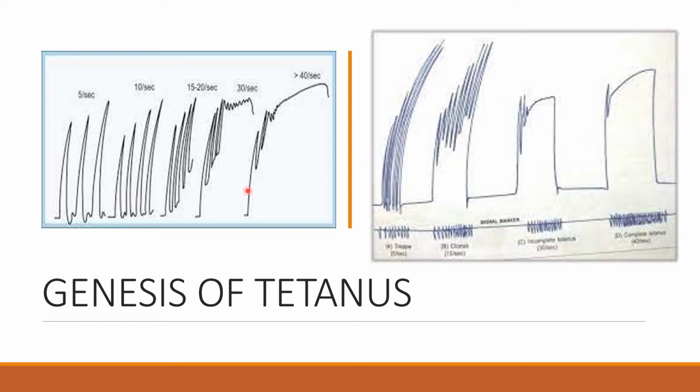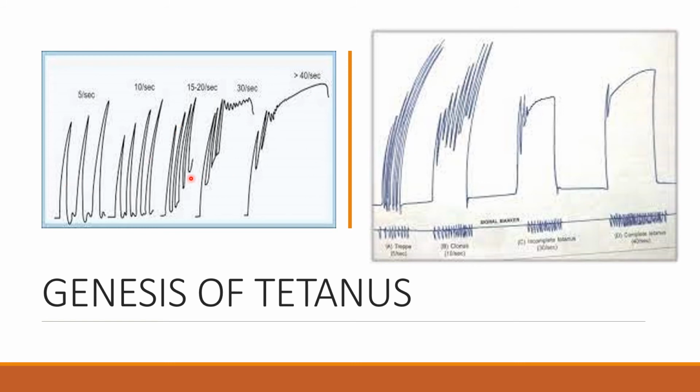So this is complete tetanus. Here the muscle remains in a state of tonic contraction without relaxation. Rapid and repeated stimulation leads the stimuli to fall during contraction phase, so that contractile processes are repeatedly activated. The muscle does not get the time to relax. Therefore, with each stimulation, muscle contracts without relaxation. Individual responses fuse to give a state of sustained contraction. That is the reason behind this sustained state of contraction. The muscle is not getting the time for relaxation.